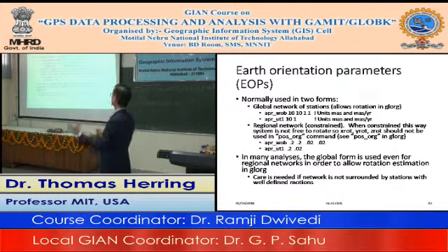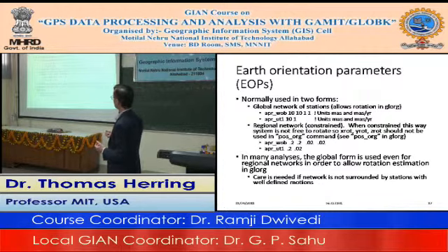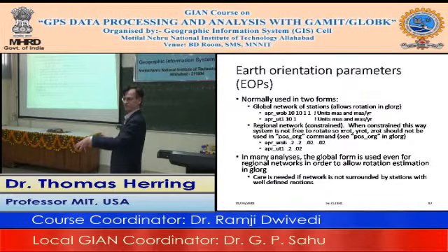This is sort of, again, one of these loose constraints. For regional networks, some people like to actually constrain it down. 0.2 milliarcseconds is still relatively conservative to how well we know the orientation of the Earth. But when you do this in the GLOBK frame realization, you should not allow it to rotate, because you've now constrained the rotation already. And so you should just allow it to translate. And again, these days, even for regional stuff, we tend to leave the wobble free because it's just easier to